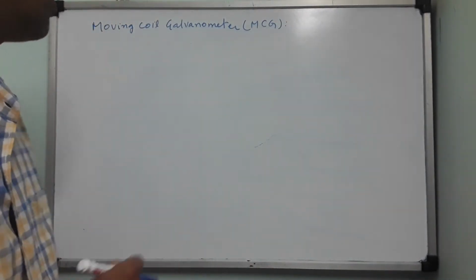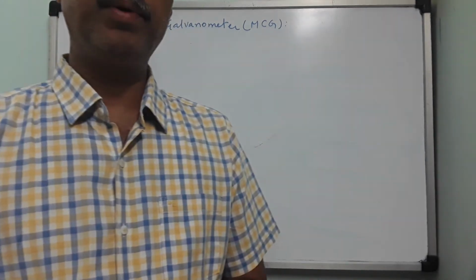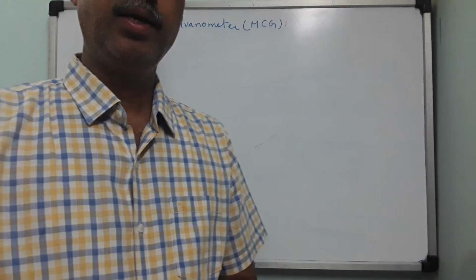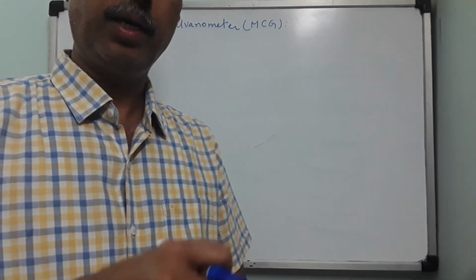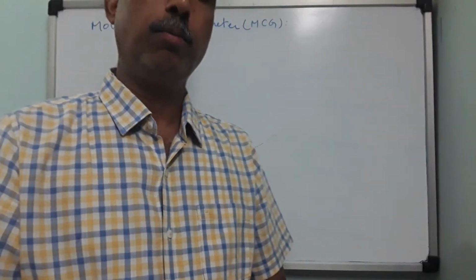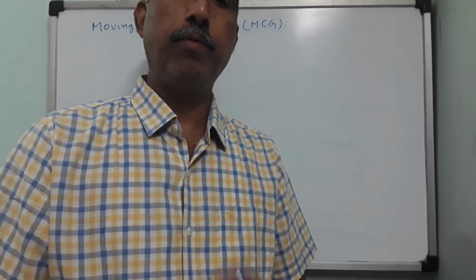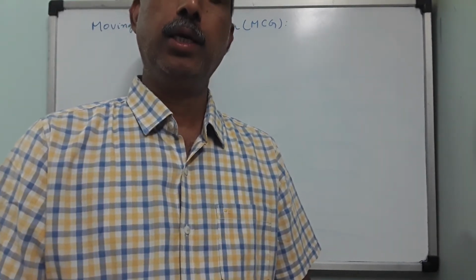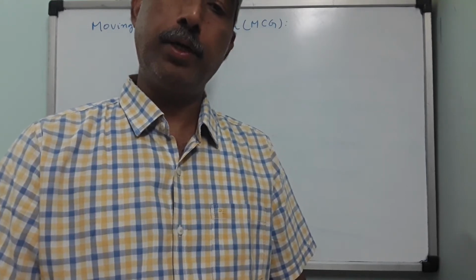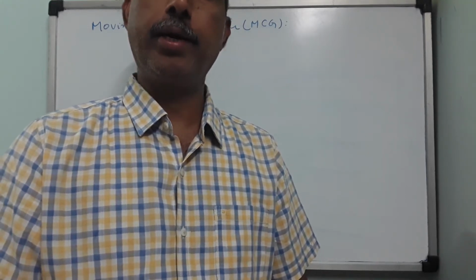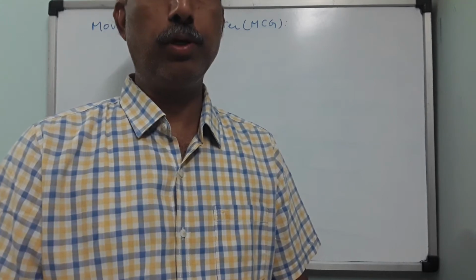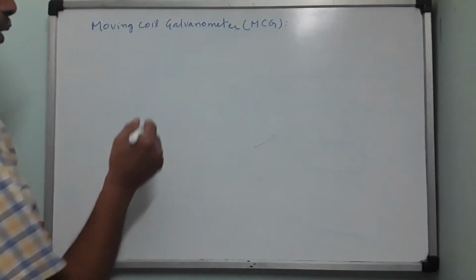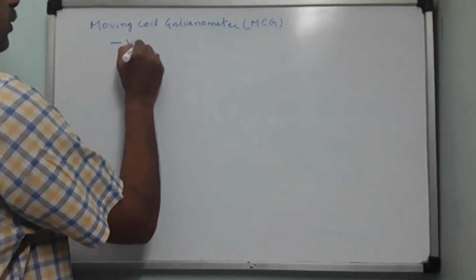Now we have a very simple arrangement for the moving coil galvanometer. You have already had some introduction to the galvanometer in Kirchhoff's laws. We used it in a meter bridge and also in a potentiometer. Children, the moving coil galvanometer is a versatile device. It can measure both voltages and currents, but it is more sensitive to current than to voltage. So what is MCG? It's a versatile device.